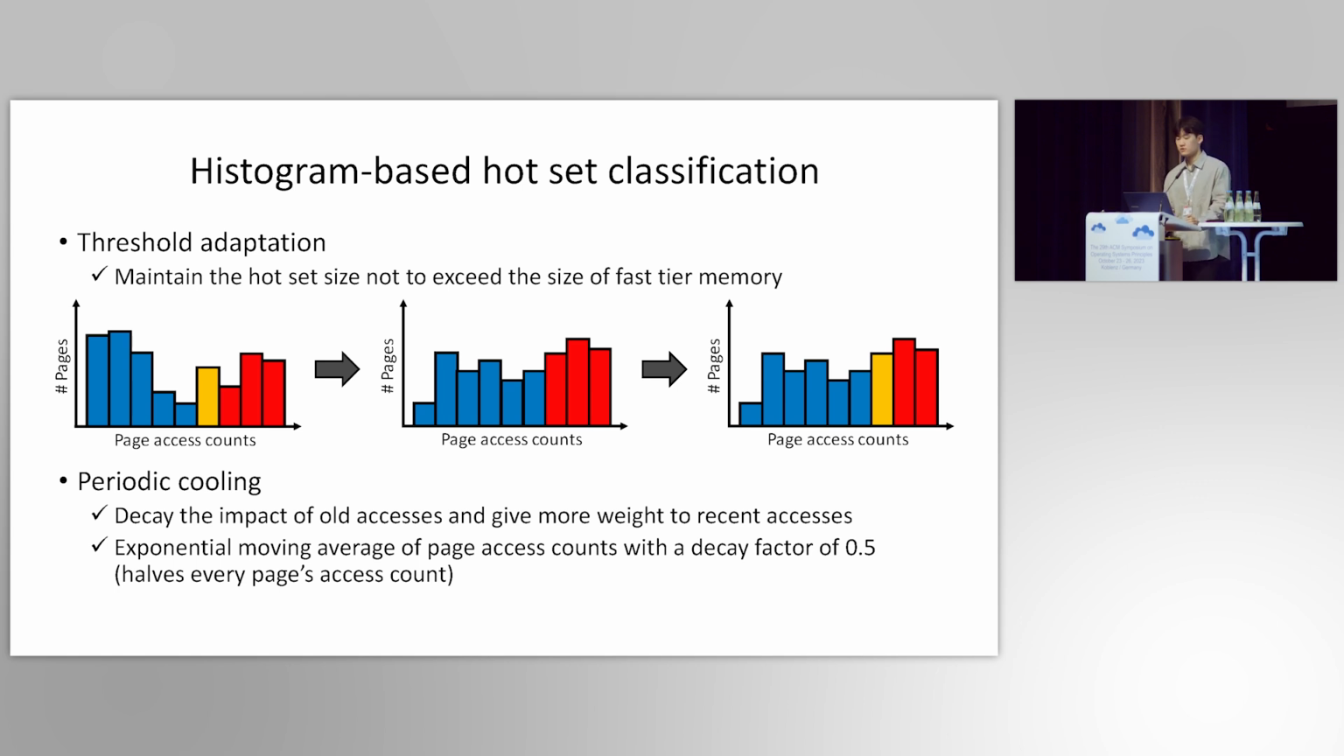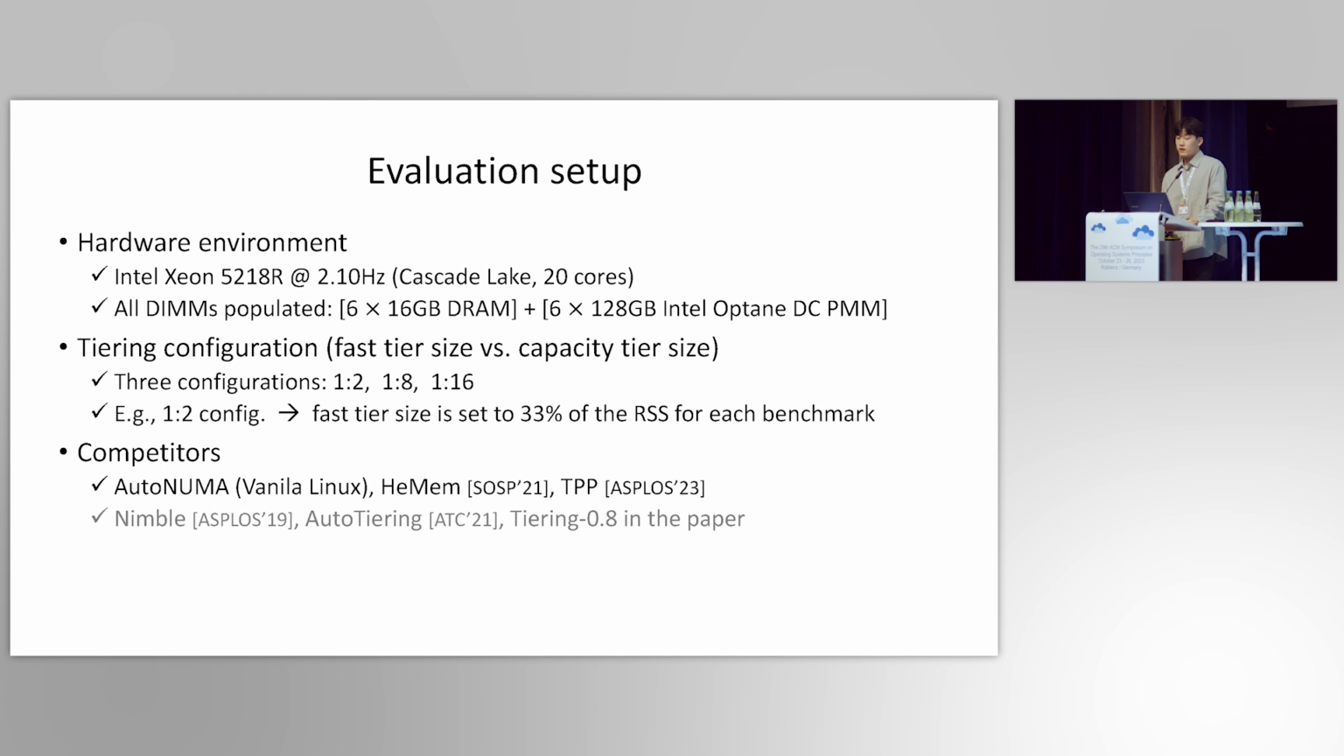To evaluate MEMTIS, we constructed a tiered memory system by using DRAM and Intel Optane persistent memory modules on our Cascade Lake server. To demonstrate the effectiveness of MEMTIS, we conducted experiments with 3 distinct tiering configurations, each defined by the ratio of fast tier to